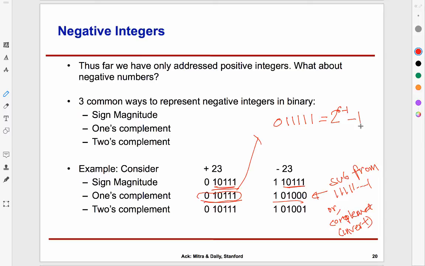What's the most negative number? The most negative number would be the one which is negative and its magnitude is the largest. Right? So in the 6-bit case, what's the most negative number in terms of what the bits are? That's 1, 0, 0, 0, 0, 0, 1 followed by all zeros, because its magnitude is all ones, which is the same as this. So the most negative number is minus, because it would be 1 followed by